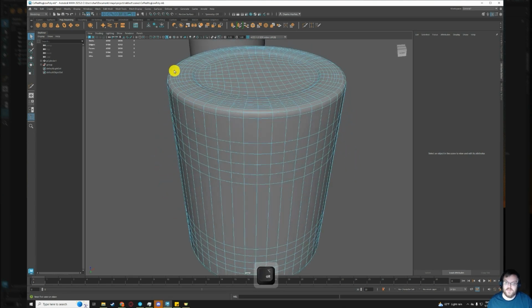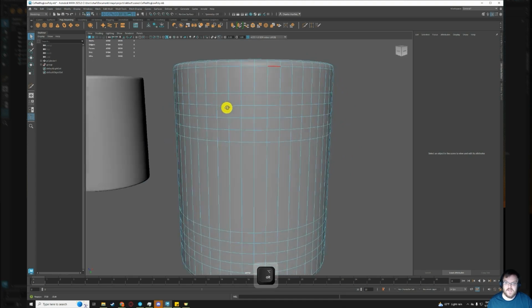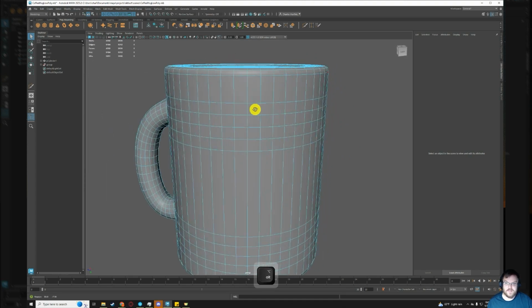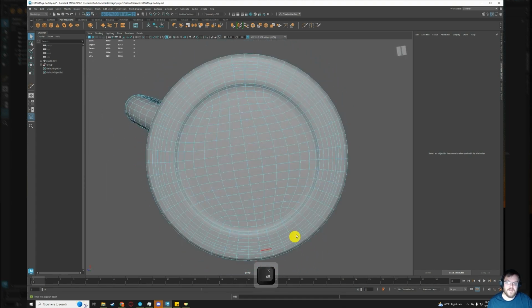So as you can probably see, the bottom of this cup is basically completely flat along that ring, which means that everything that is not an outside edge of that object or of that shape isn't necessary for the structure of the cup. So if we were to just remove all these,